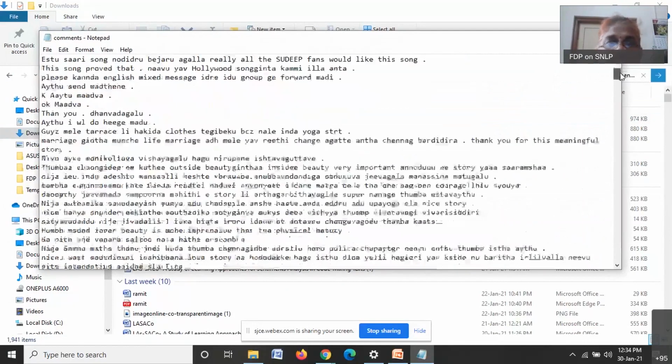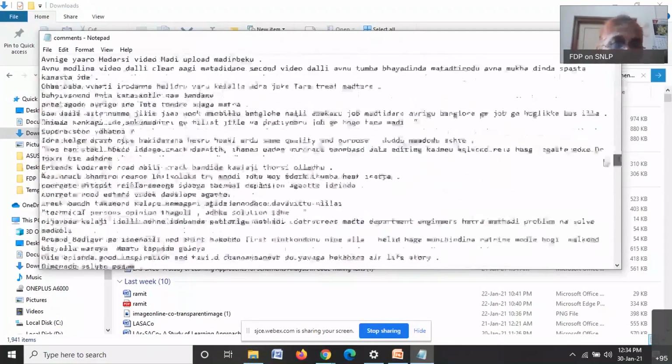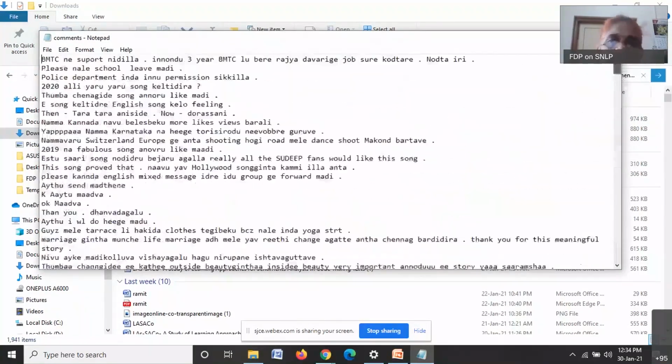So this is the text that I have. I'm showing a small text here. You can see this is the code mixed text. For example, if I read the first sentence, it says: BMTC ne support needilla, ಇನ್ನೊಂದು 3 year BMTCಲು ಬೇರೆ ರಾಜ್ಯದವರಿಗೆ ಜಾಬ್ ಶ್ಯೂರ್ ಕೊಡ್ತಾರೆ ನೋಡ್ತಾ ಇರಿ. So this is code mixed text, and this is one text that we have.